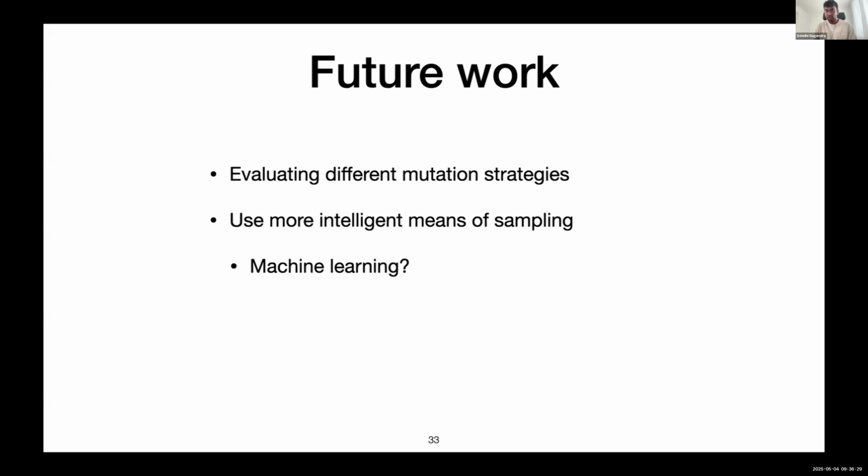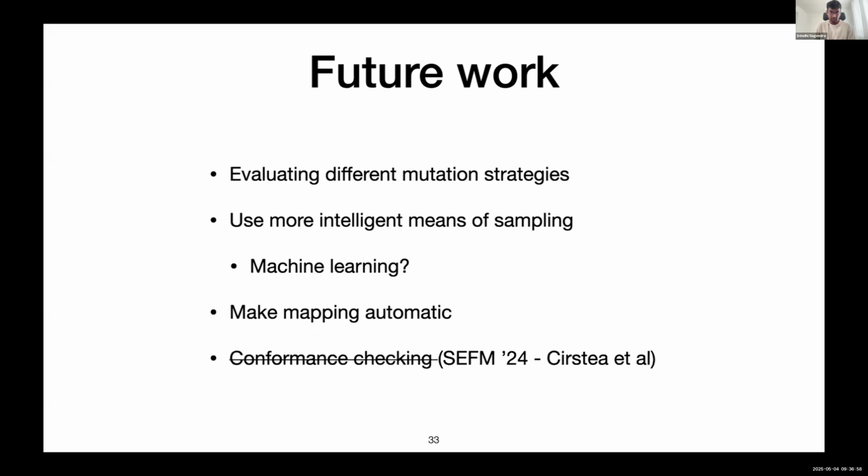This is an unknown question that is worth exploring. And a more low-hanging fruit is to make this mapping process from events to model actions more automatic. Since you already know the model, and you know exactly what you're testing and what events will be emitted, writing this mapper can be made quite automatic. This is a simple next step.